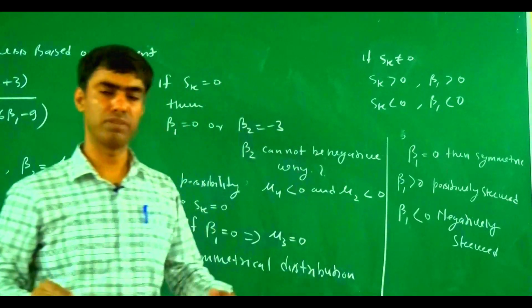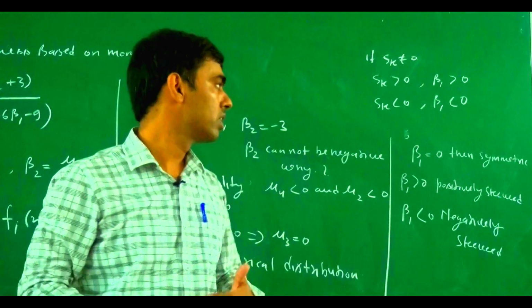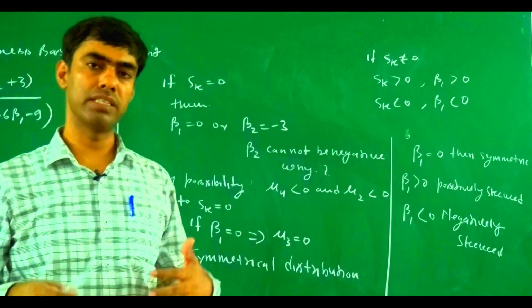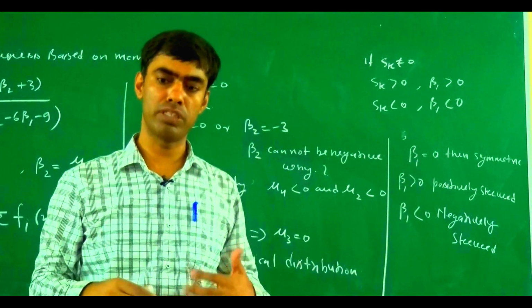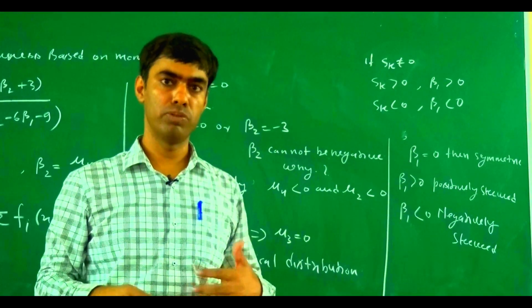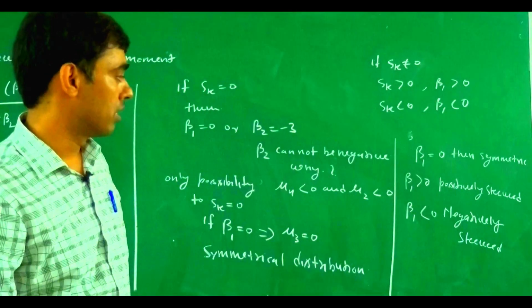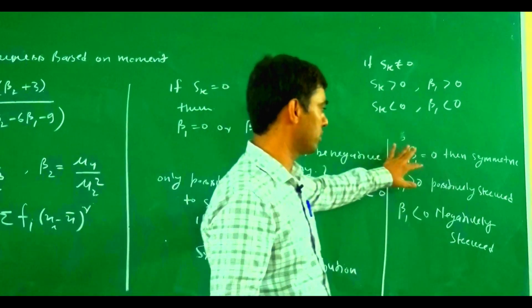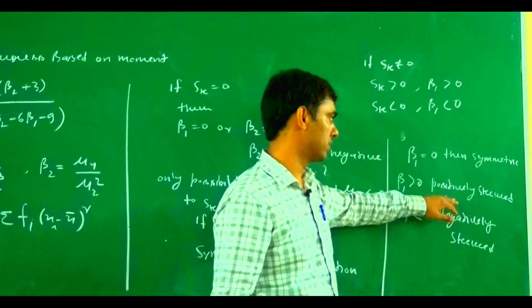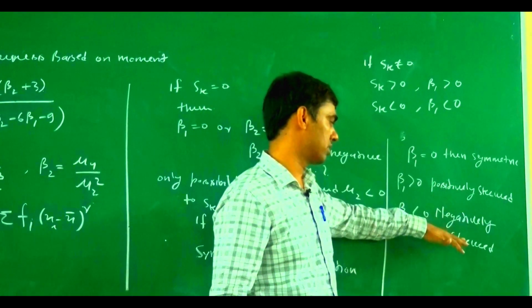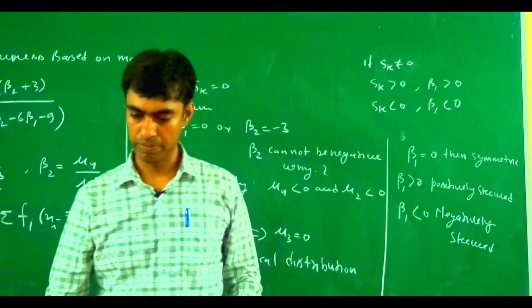Negatively skewed curve in terms of a curve, this one is a positively skewed curve. In terms of data, this is non-symmetrically distributed; negative means a non-symmetric curve. Symmetric distribution and non-symmetric distribution. If we divide, this one is a positive skewed distribution and a negative skewed distribution.